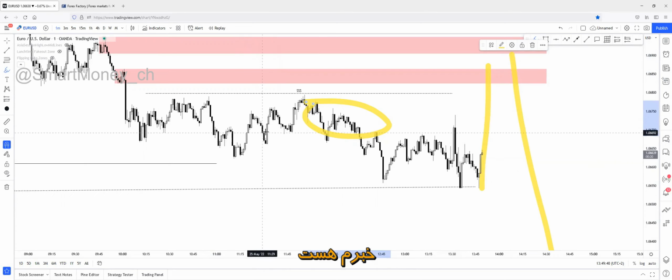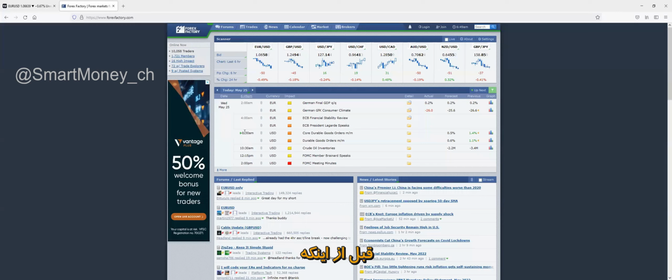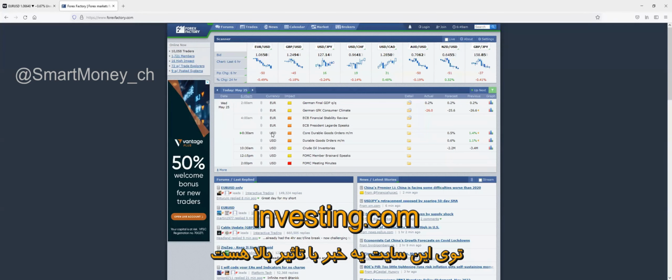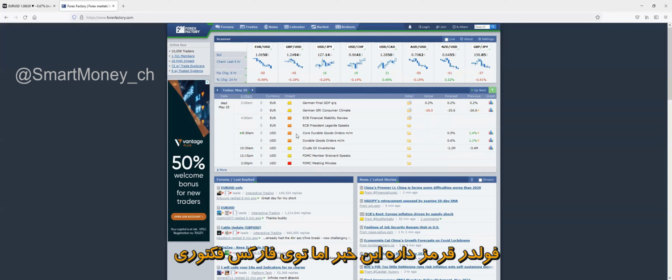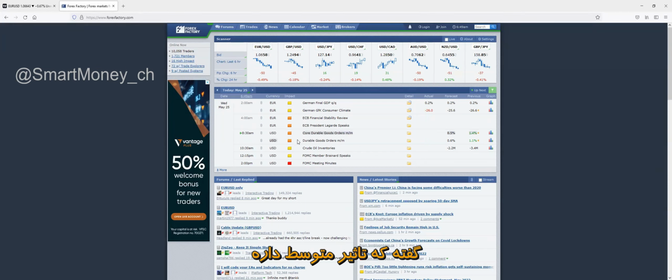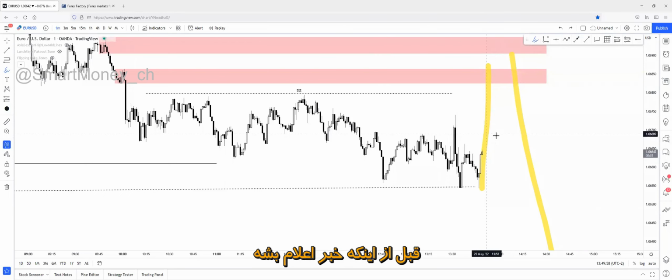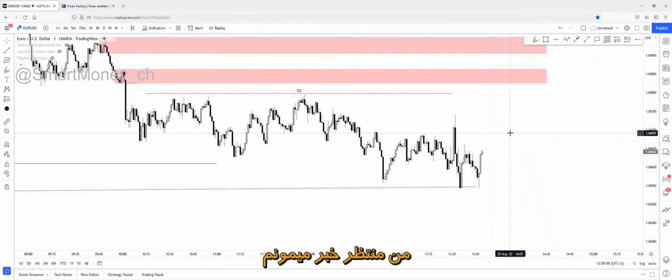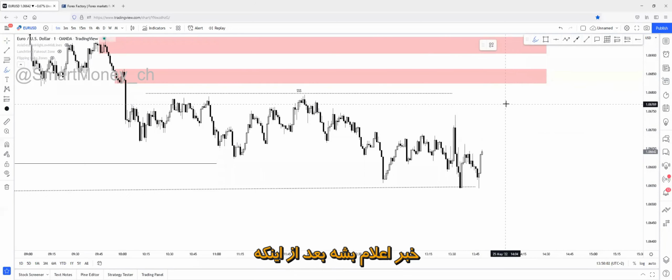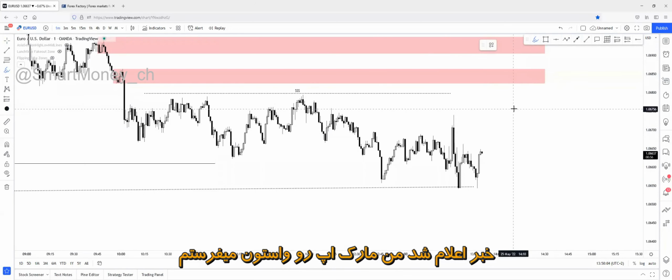And yeah, news will be released 30 minutes before the session opens. This will be orange for the news, but this could still give impact to price. And actually on investing.com, this is a high impact news. This is red for the news. On Forex Factory, that's a medium impact news. So I won't be trading before this news is released. I'll be waiting for the news to be released, and after the news have been released, I will send the market updates for you.